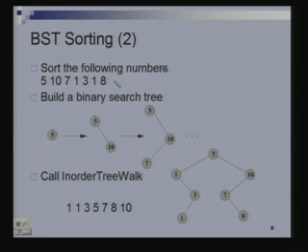Okay, so this is my BST sorting procedure. I want to sort these keys. I insert them into a binary search tree, one after the other. So first 5, then 10, then 7. Then when I insert 1, it will go as the left child. Then I insert 3, it will go as the right child of 1. When I insert the other one, it will go as a left child of this 3. It depends upon how you are doing. It could also have come as the left child of this one. It's the same thing. And 8 would come as the right child of 7. And this is the tree you would get.